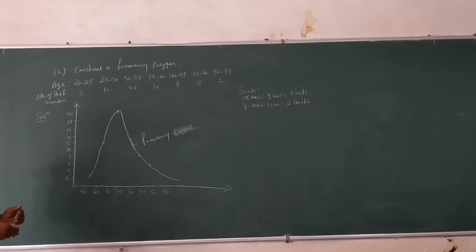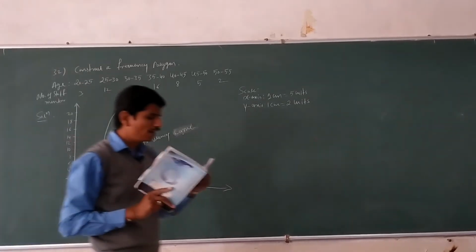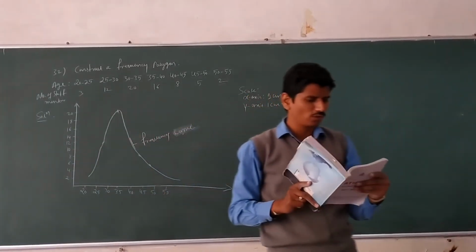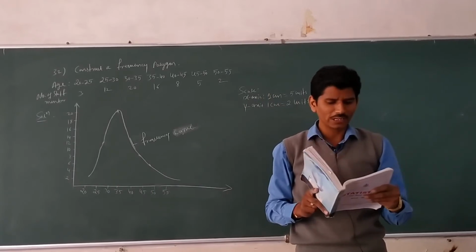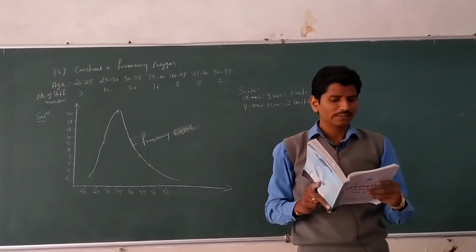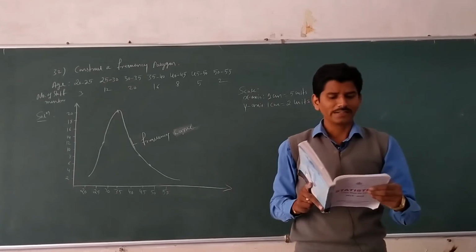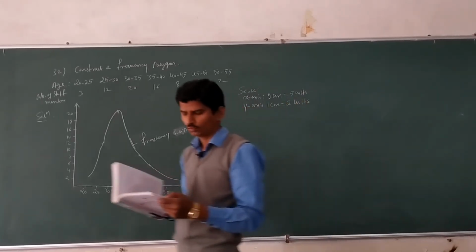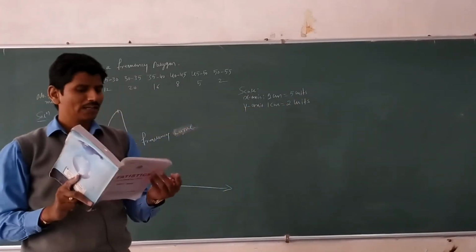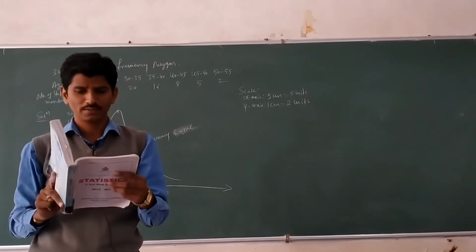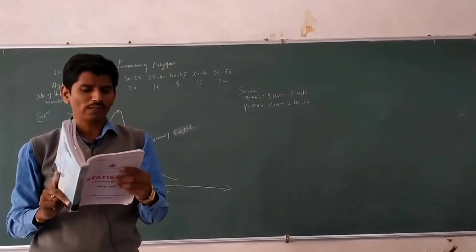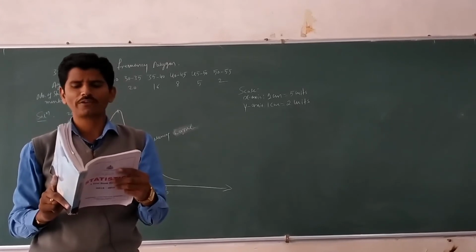Okay, it is the 32nd problem. The next, 33: draw histogram, frequency polygon, frequency curve of the following data. Next, 33, frequency curve: draw the frequency curve from the following frequency distribution. Okay, 32 and 33 are homework. In the 32nd, you have to draw histogram, frequency polygon and frequency curve, all three. And in the next, 33, draw only the frequency curve from the following frequency distribution.